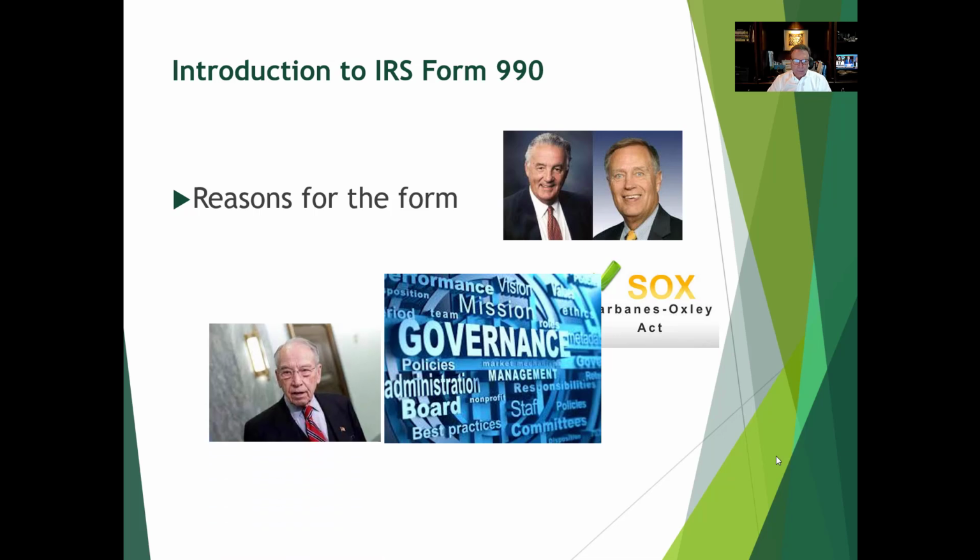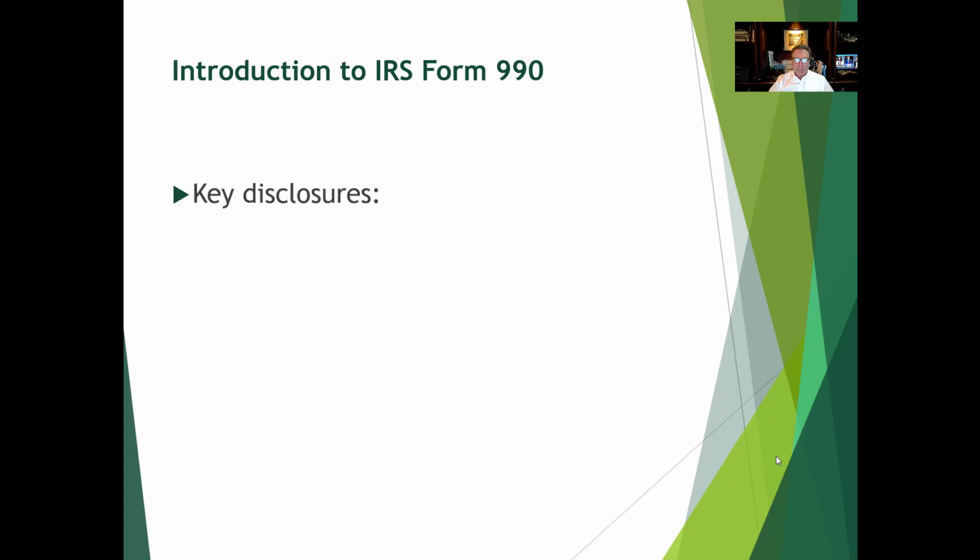Tax-exempt organizations have been the special project of the oldest member of the United States Senate, Senator Grassley from Iowa, and he can be relied on to find some new rule that he wants to impose on tax-exempt organizations, because he's just very suspicious that they're being used by rich people and rich corporations to avoid income taxes.